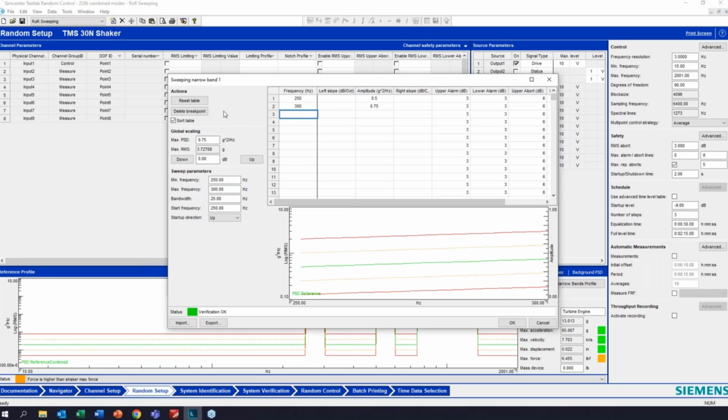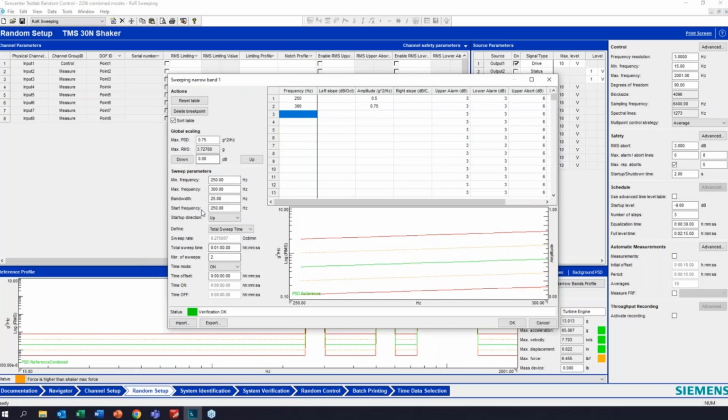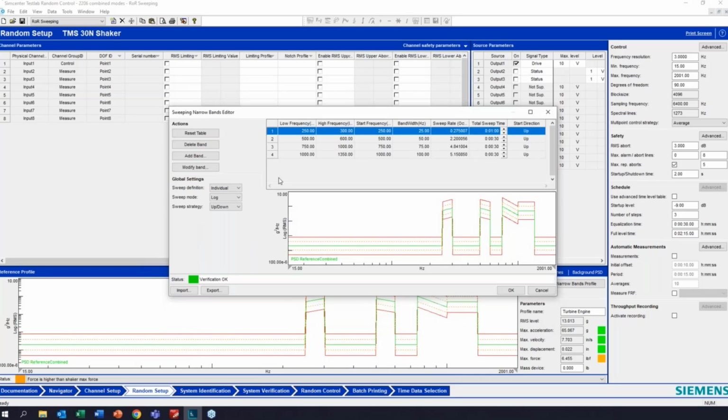And again, if I wanted to set these individually, I could change the sweep definition to individual. And now if I hit Modify Band, you'll see all this additional information pop up here. But again, we're just going to do a pretty straightforward test, and this is based on a turbine engine, and that main frequency band is going to drive what these other frequency bands are.